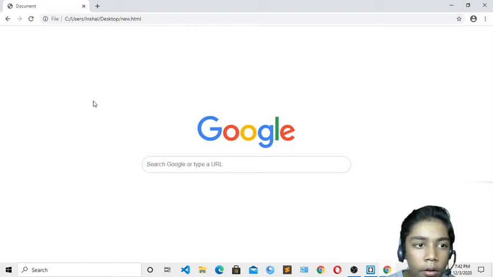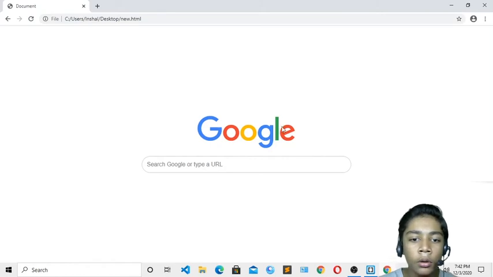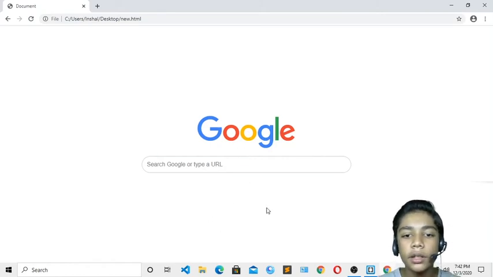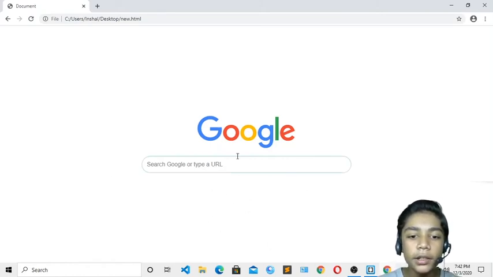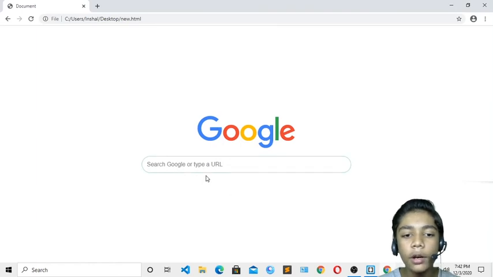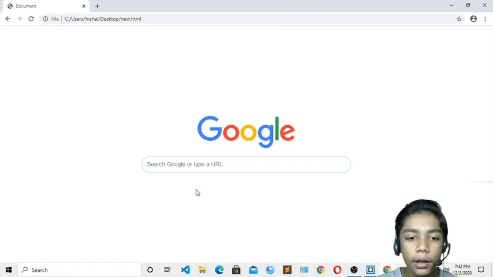Okay, so like that you can make your own Google page with HTML and CSS. I hope you also enjoyed this class like you were enjoying my previous classes. You just have to practice all these things which we are working on. I hope you will also be a good programmer of HTML CSS like we have done in Python.